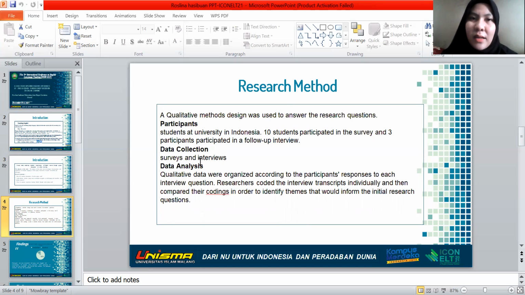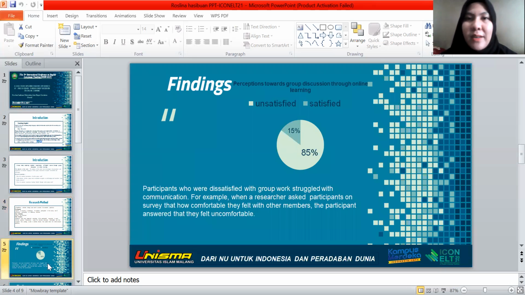Data collection was through surveys and interviews. For data analysis, qualitative data were organized according to the participant responses to each interview question. Researchers coded the interview transcripts individually and then compared their codings in order to identify themes that inform the initial research questions.